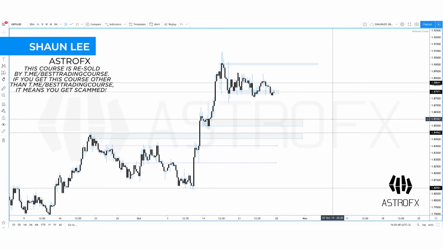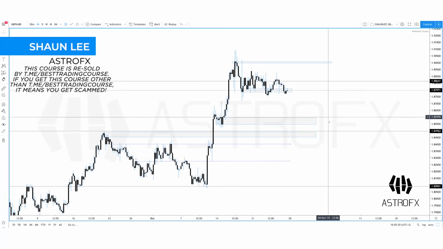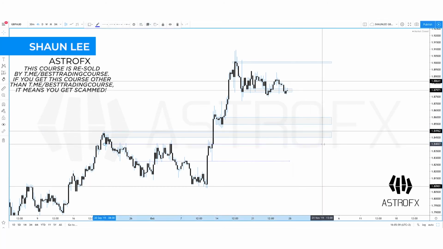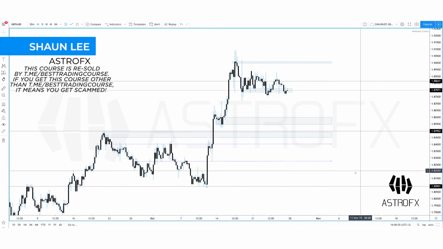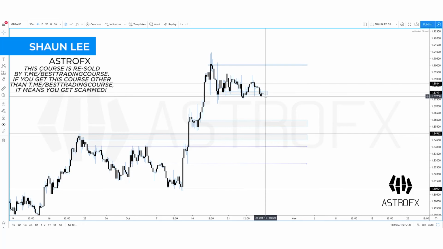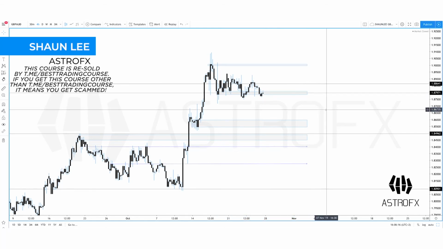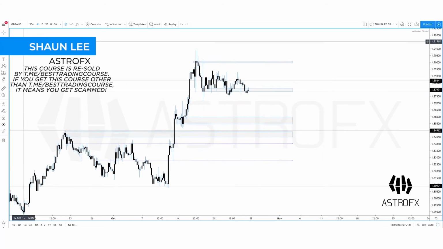Now, GA, let's bring this across a little bit more. So you don't have to be super OCD when you're bringing your levels and areas across. As you can see, it doesn't matter too much as long as you can see them and it gives room for price to fall or rise into these areas. This one, that's great right there. Alright, so GA, what I'm going to do here is